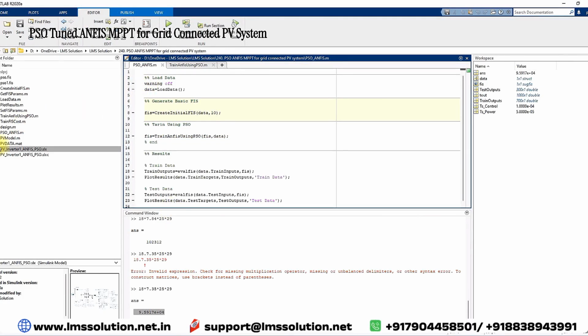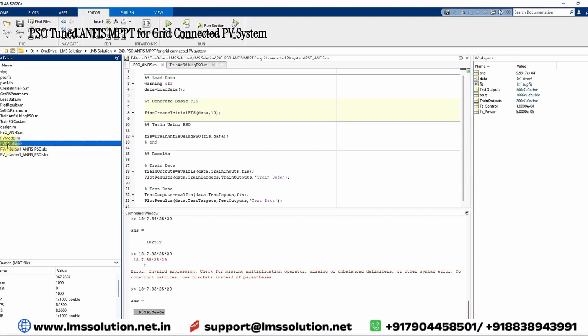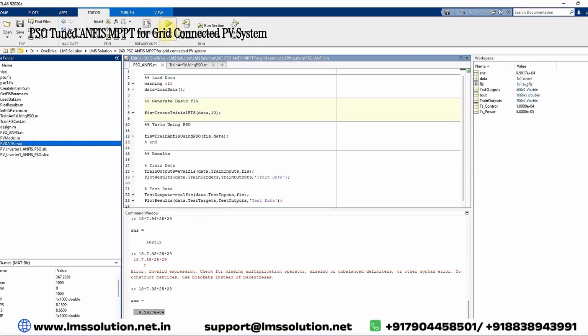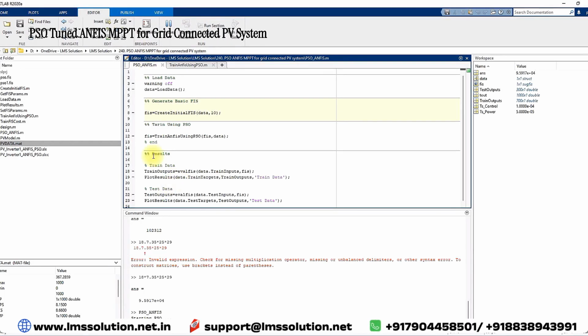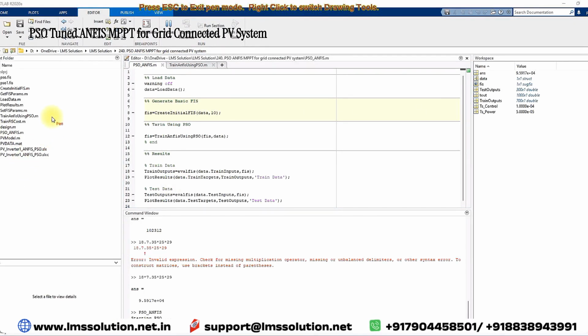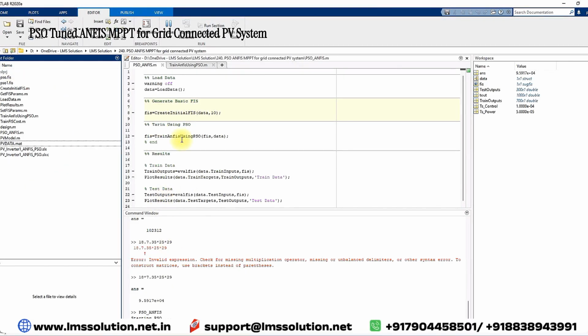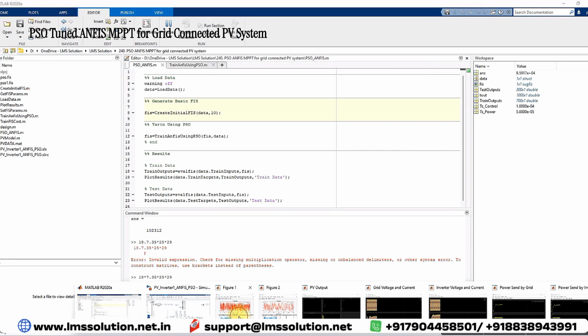Data will be taken from this PV data, and the ANFIS can be trained for 10 iterations. These are the programs used to train that ANFIS. Once you execute this program, the PSO will start executing, and then you will get the final fuzzy inference system after